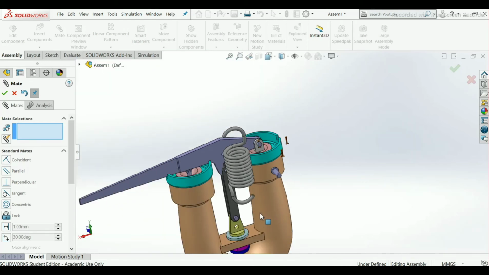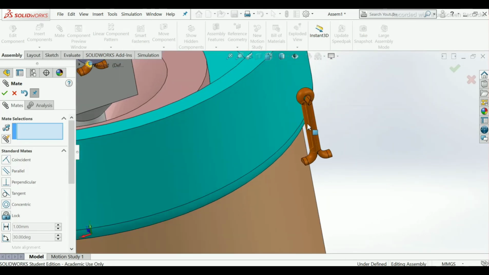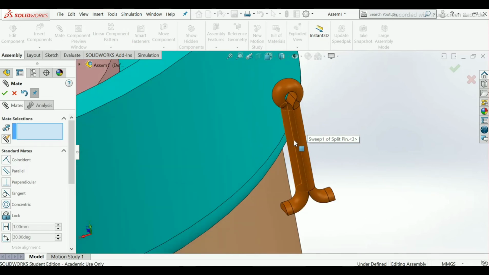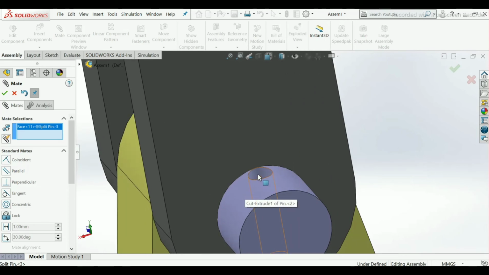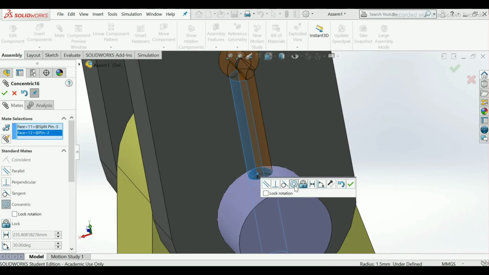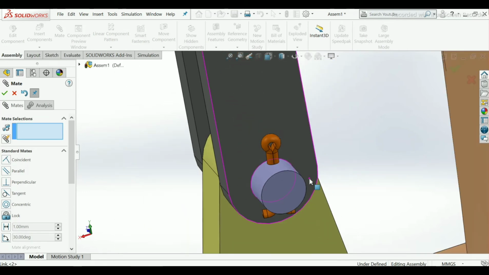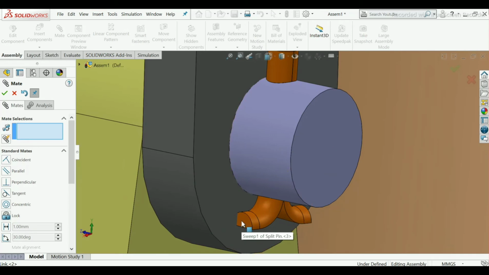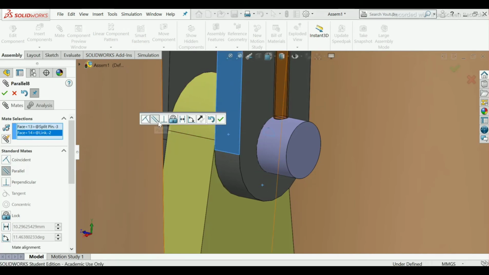now here also we have to place one pin, so select this split pin face and this cut extrusion surface, make it concentric. Now select this surface and this, make it parallel.